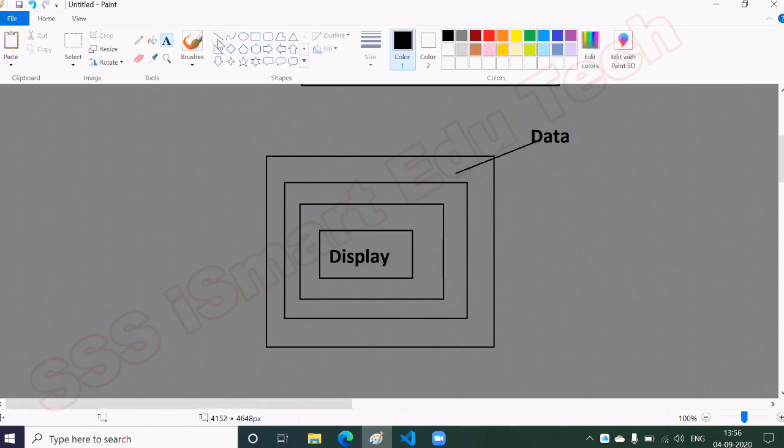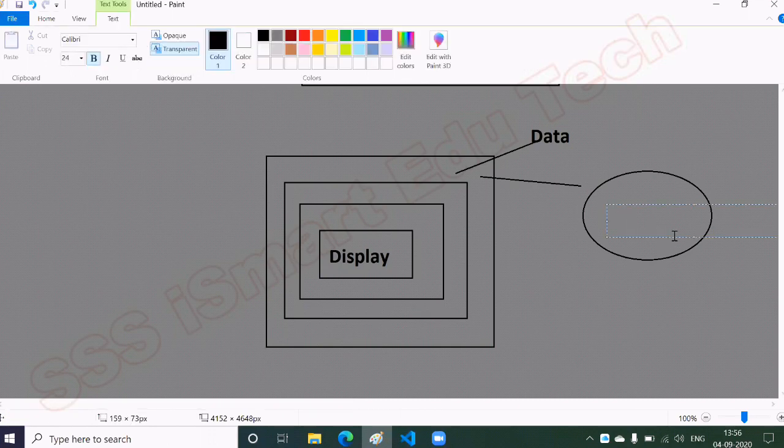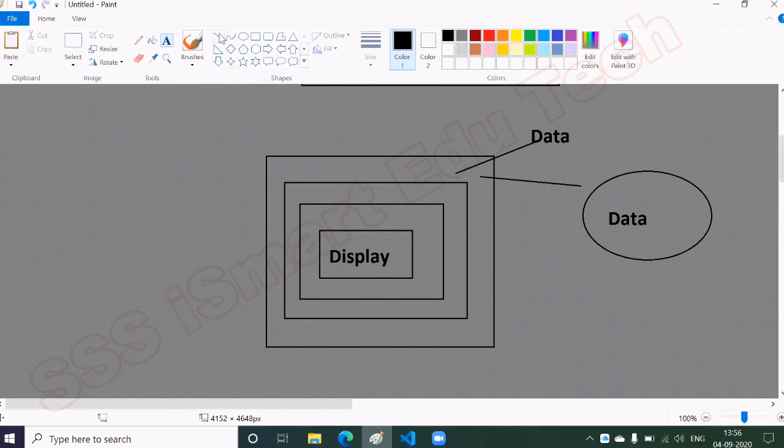What context is saying is: just create one context object, some kind of container, in your A component. Now I'm going to dump my data inside this container. Any component that wants this data can directly access it from this context object.